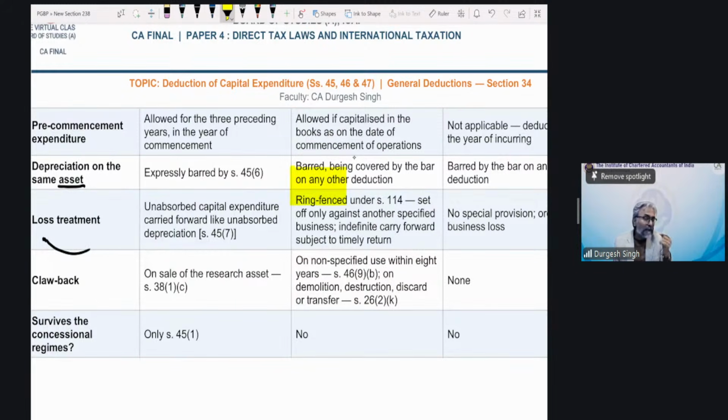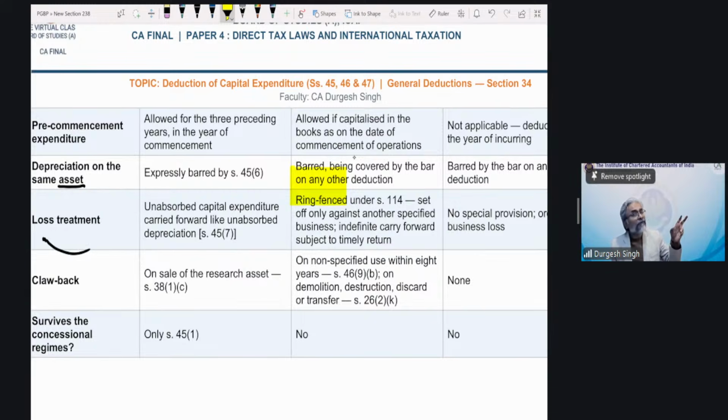And be careful, students, over here. There is a condition to carry forward, and the condition is, students, you need to file the return of income within the due date. The due date under section 263 subsection 1. The return filing section, students, earlier it was 139. Now you will learn 263 subsection 1. So within the due date you have to file the return, and the loss would be allowed to be carried forward.